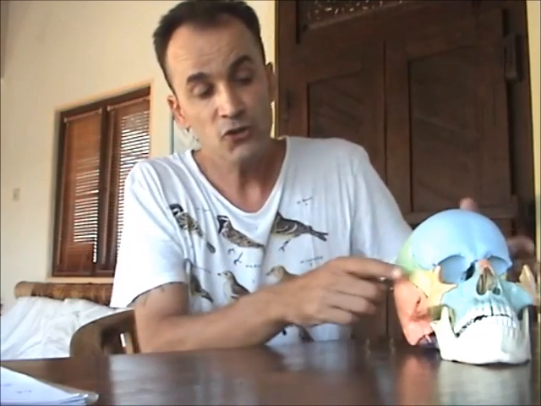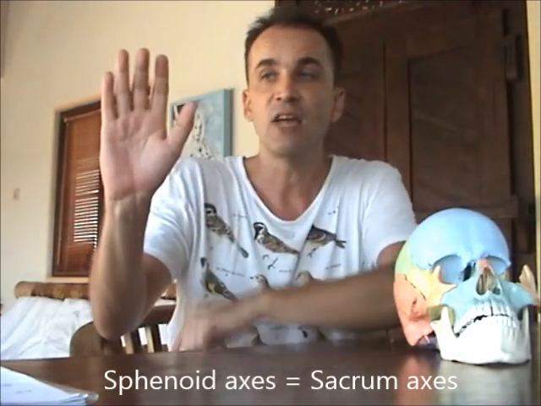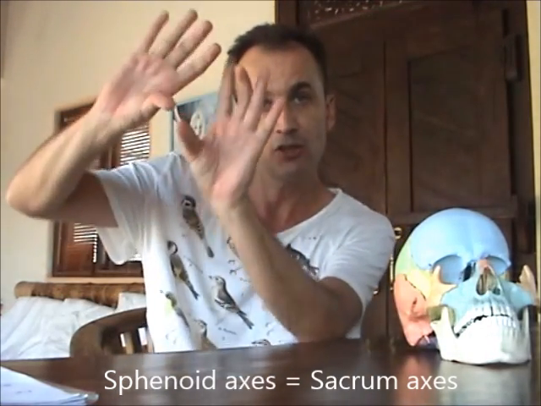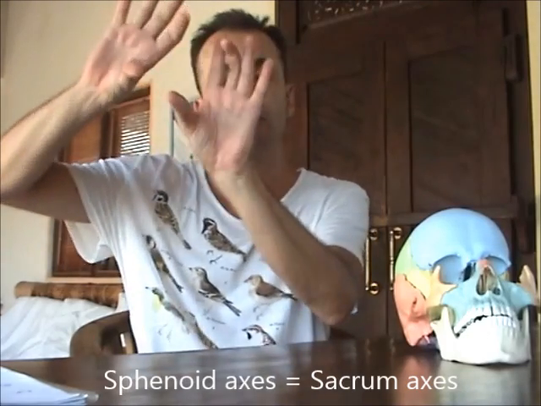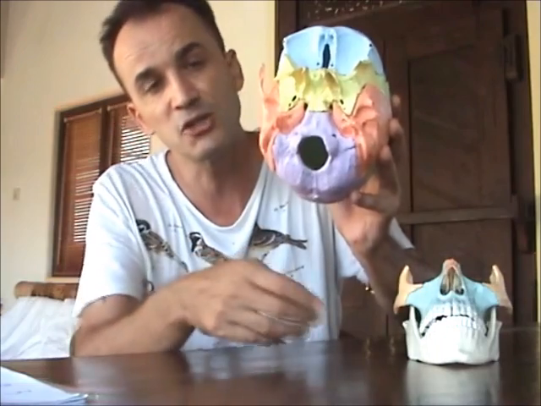Also, for the sphenoid bone, for example, the sphenoid bone goes like this in flexion, it doesn't come back. We're going to work on the sacrum with different axes, and we're going to restore with an informational thrust on the sacrum. We're going to restore the position and the motility to have a good movement of the sphenoid bone. The same for the SBS, the suture between the basilar part of the occiput and the sphenoid.